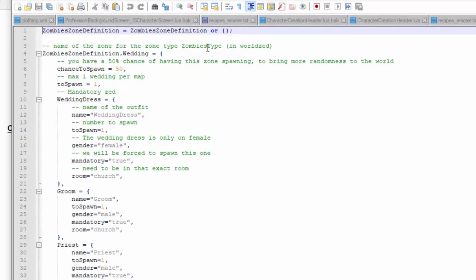So what is this file? It controls what types of zombies spawn wherever. Name of the zone for the zone type in zombie type in World Z. So what does that mean? Well, World Z is the map maker; we'll cover later on how to make a map mod. And one of the programs you use is World Z, which is used for placing your